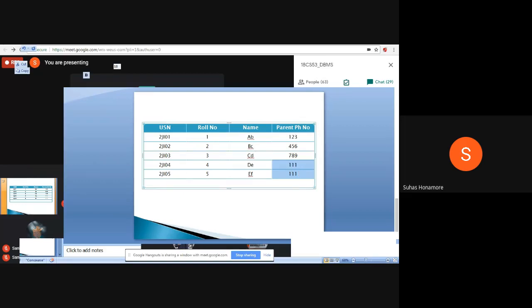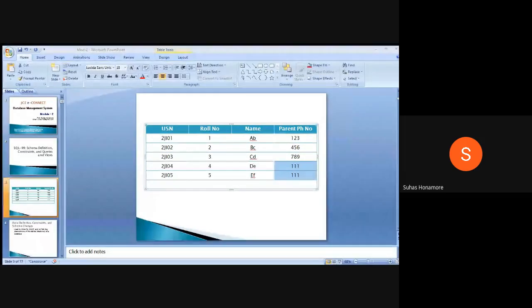Okay, so last class what we did is we created one table. So in the same table, can I modify, or do I have to create a new table? Make this one interactive. So can I modify the previous one?